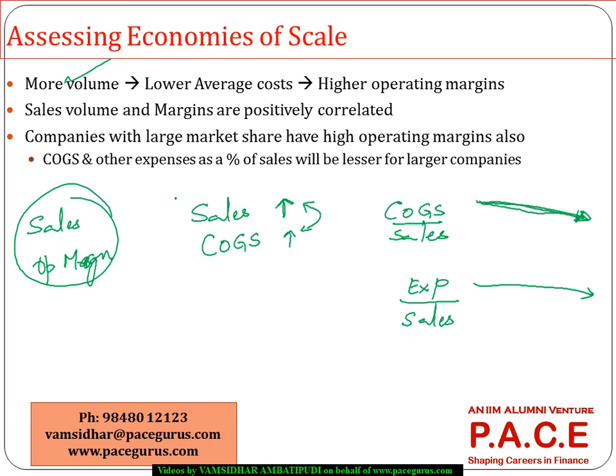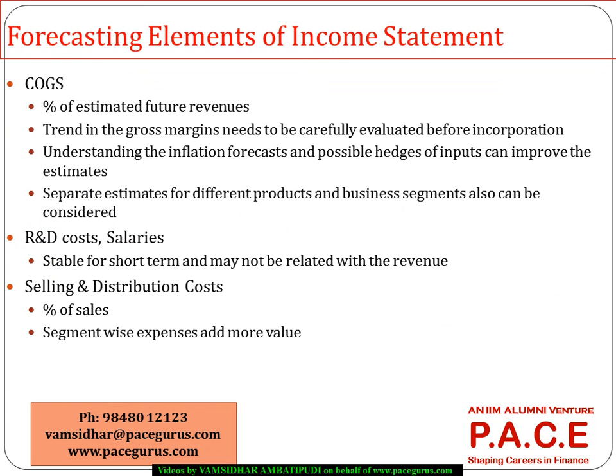But if economies of scale is no longer applicable, then probably I can increase the cost of goods sold in the same proportion of the revenue. To assess that particular part of the income statement, we typically evaluate whether economies of scale is present or not. Then once we have decided there is no economies of scale,